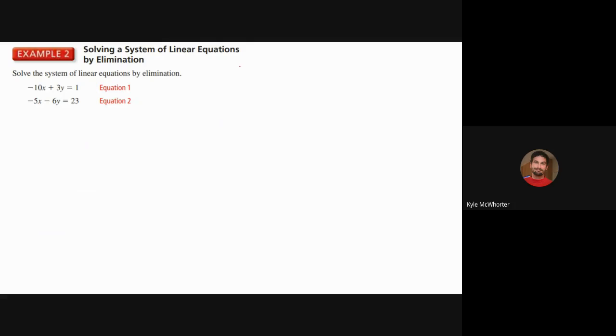If I wanted to cancel out x, I would multiply the bottom equation by a number that would make the coefficient of x the opposite of that one. So if I multiplied by -2,